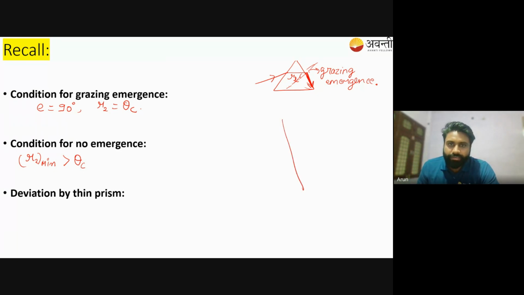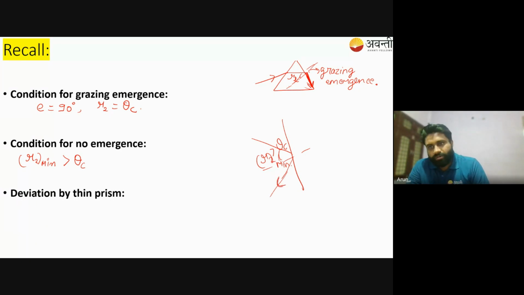Okay, look, this is the boundary we have, and this is the ray coming. Okay, this is R2. Let's say if this R2 is greater than theta c, the minimum value of R2, इससे कम और हो ही नहीं सकता R2, और जो मिनिमम है, the minimum value of R2 is greater than theta c, मीन्स और जो हायर वैल्यूज है वो तो और ज्यादा बड़ी होंगी थीटा सी से, ठीक है। So minimum value of R2 is greater than theta c, means there is TIR taking place, ठीक है, got it।